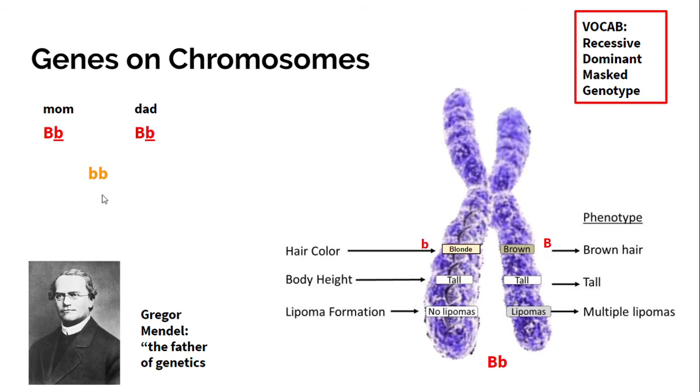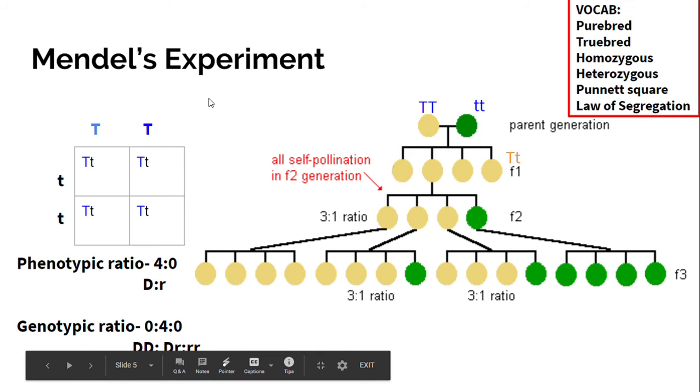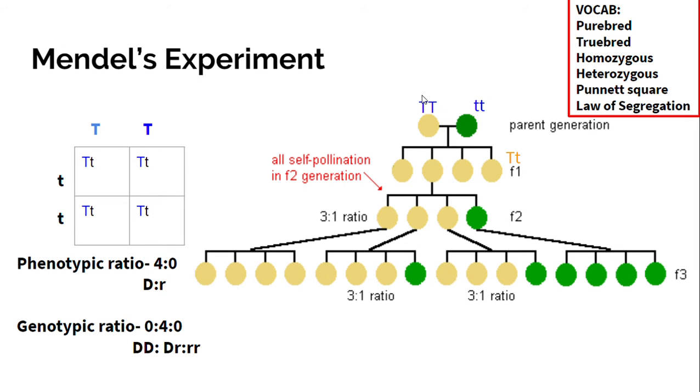But how exactly was it decided that blonde hair is recessive to brown hair? Well, Gregor Mendel, said to be the father of genetics, conducted a series of experiments on plants to decide this. Mendel's Experiments. He found that if he bred a true breeding tall plant with the genotype big T, with a